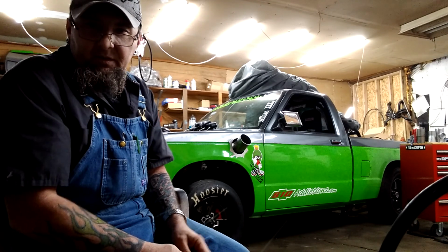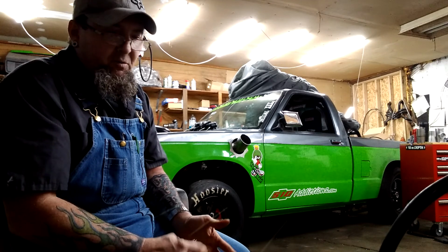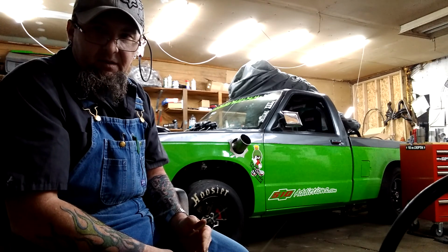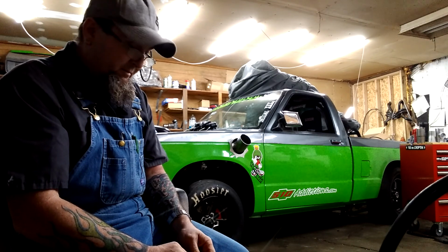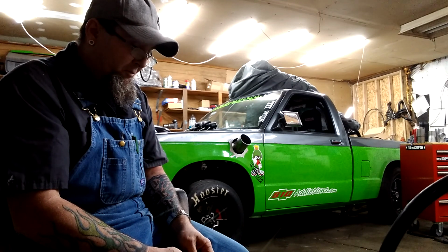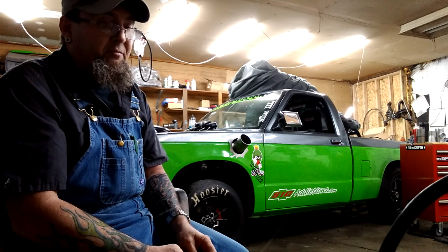This truck is like one of the kids now, because every one of my kids has touched this. Both boys, my daughter, my grandson has, my wife has. And way back in the beginning when it was 4-wheel drive, my best friend in the world